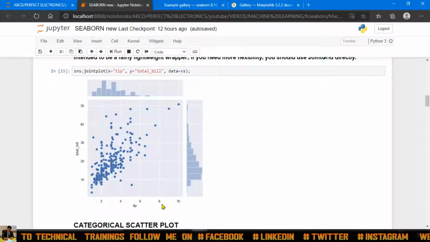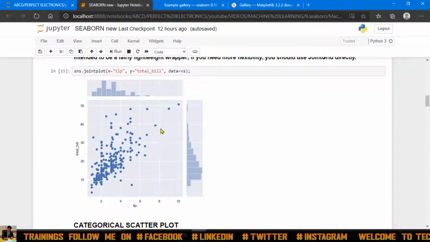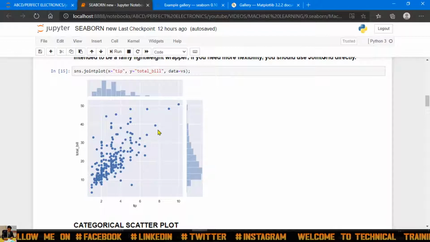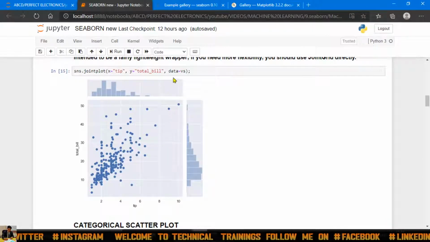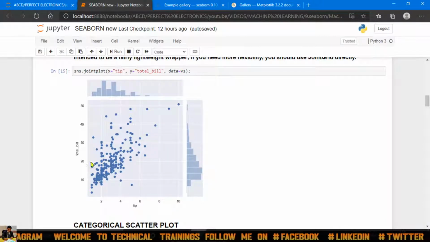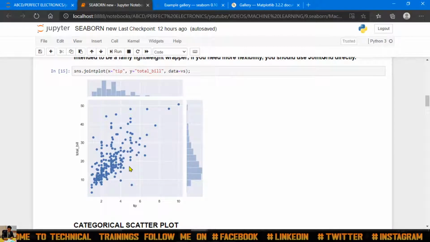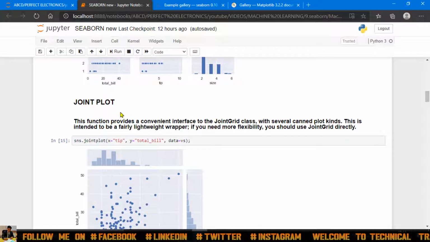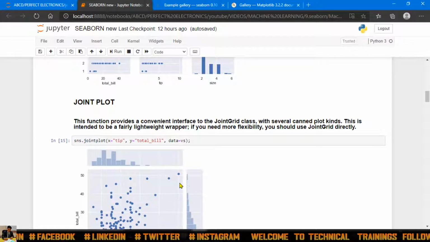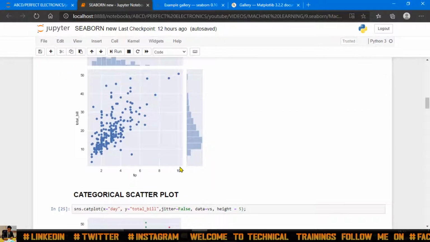Okay, now suppose these are some values that are, you can say, outlying. Okay, because this is my whole bunch over here, but hardly one or two people just give more than 10 or 8 rupees. Okay, something like that, and the bill was 50, 40, like that. So understand it, just joint plot. There are various plots. I have shown the official website also. Okay, just please visit it.